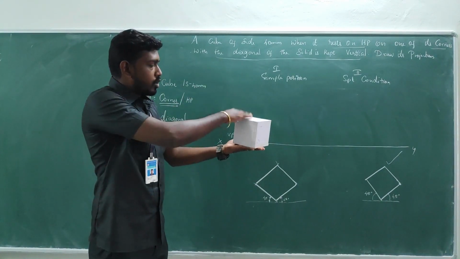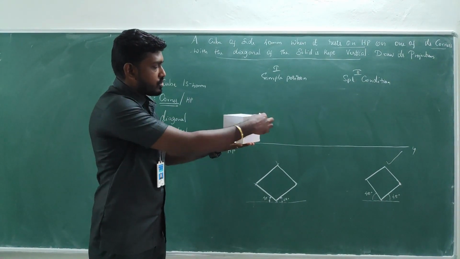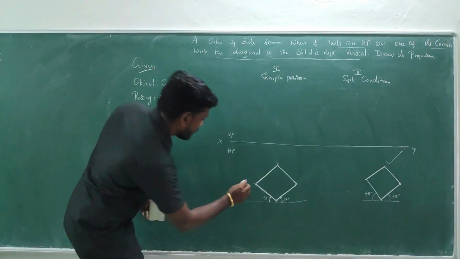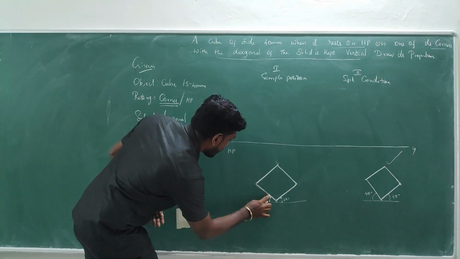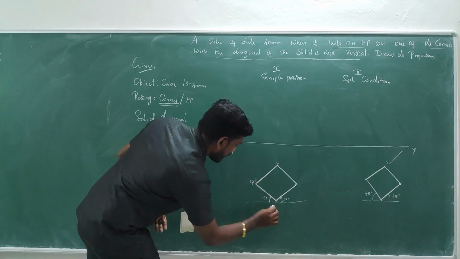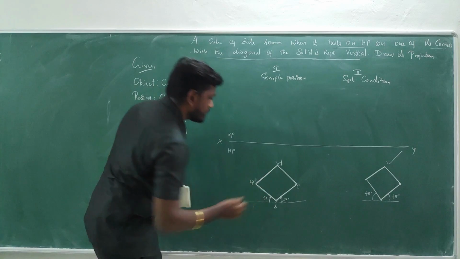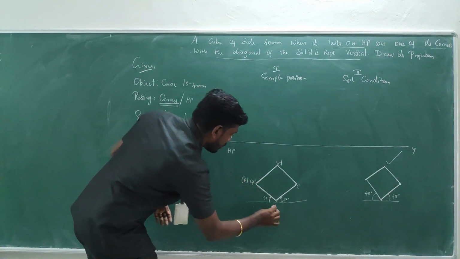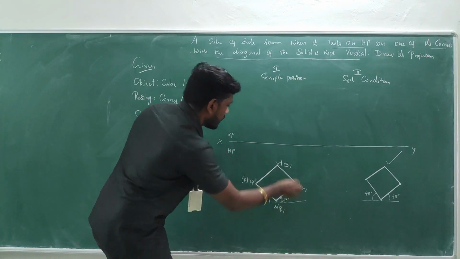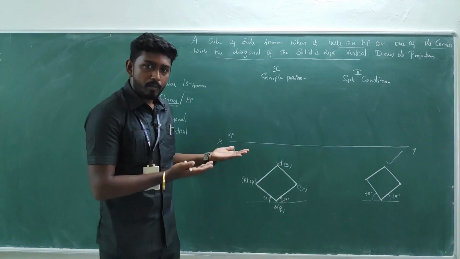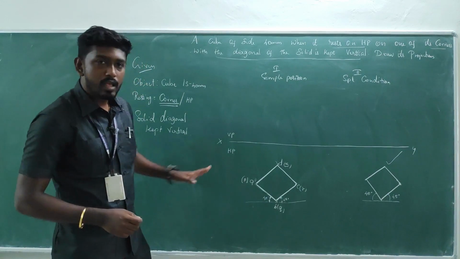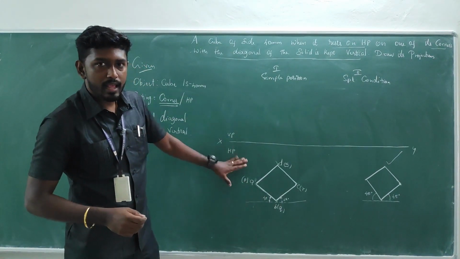So in the top, I am going to take this as A, B, C, and this as D, and here P, Q, R, and S. So here you can note this as A, this is A, and this is B, C, and this is D. And here the P will be there, Q, R, S. These will be on the bottommost face, so they will be invisible, so I have taken them inside the brackets. So the top view for the simple position got over.